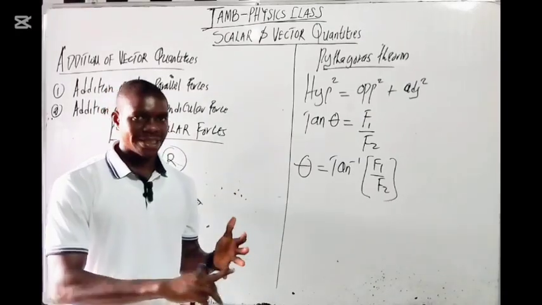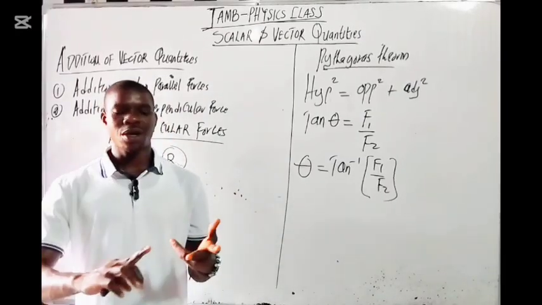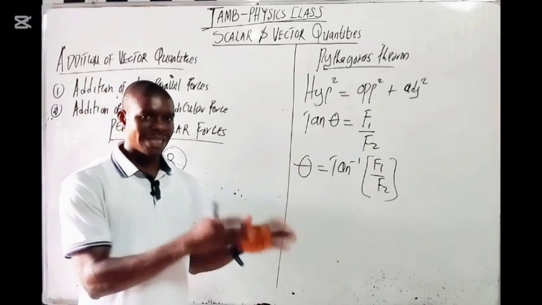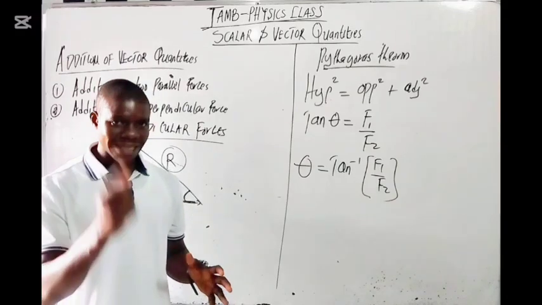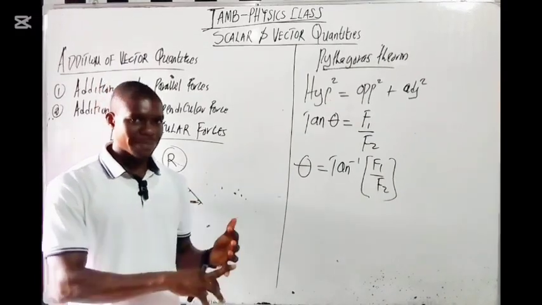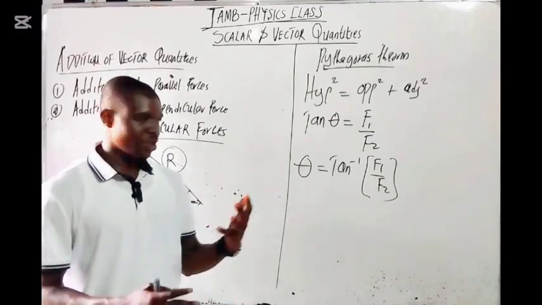You have angle 60, you have angle 45, and you have angle 30. These are things you are supposed to know and understand as a science student who is doing mathematics, chemistry, and physics. Do you understand? Because